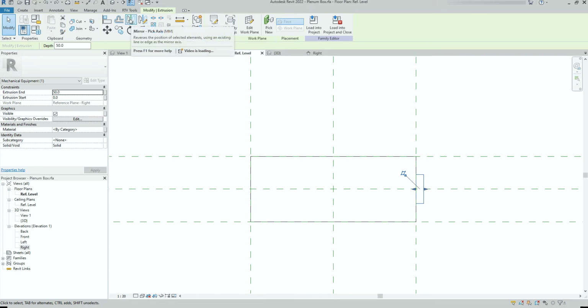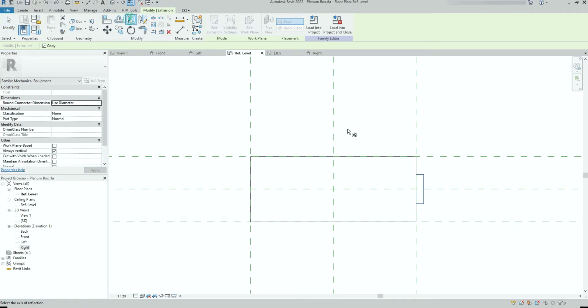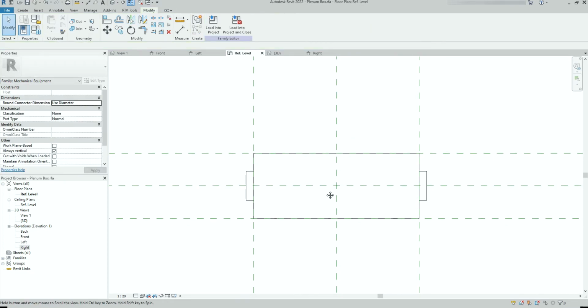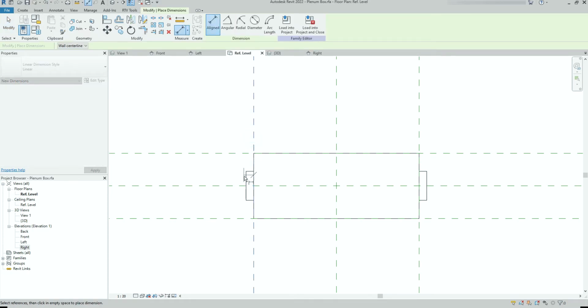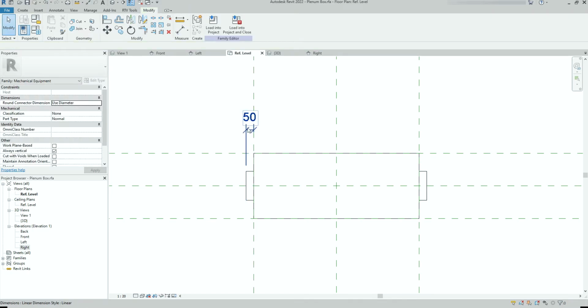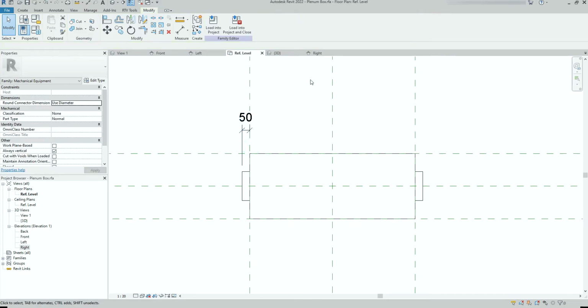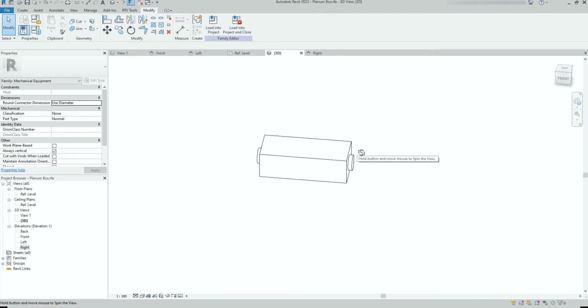Choose Mirror Pick Axis option. Select the sensor reference plane. Now we've got the left hand side spigot. So I'm gonna align this extrusion to the left hand side reference plane, and as well as that, I'm gonna put a constraint of 50 mil. So if I go back to the 3D view just to test it,